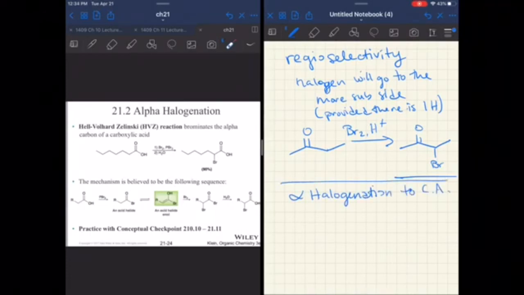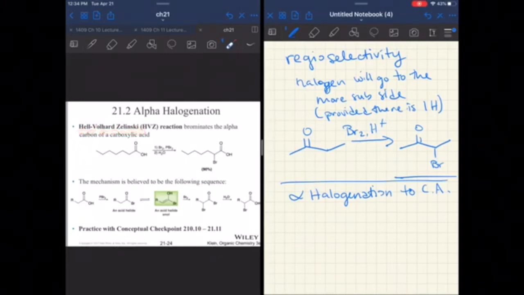Right, carboxylic acids present us with all sorts of issues because of that acidic proton. They just don't behave the same. You do not need to know the mechanism of this one, right? I love when they say it's believed. They don't feel as confident about it either. But you do need to know the reagents and how to predict the product of the